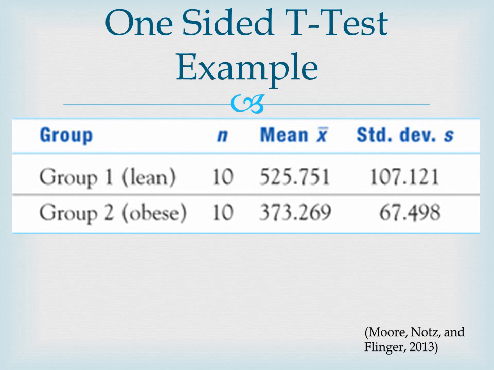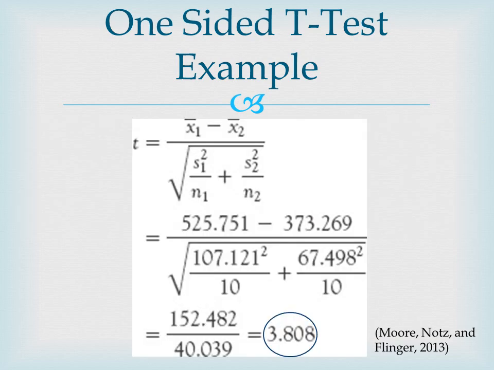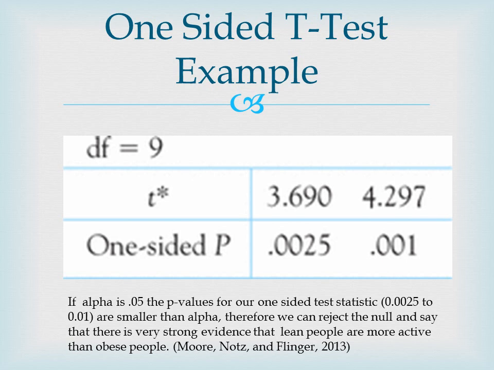The collected data is described in this chart, and we can use this data to construct our t-statistic, which comes out to 3.808. Our degrees of freedom is 9, and remember that's just n minus 1, and our t-test statistic is 3.808. Looking at our handy t-table, we locate 9 degrees of freedom and move to the right until we find an interval that captures our t-statistic, which in this case is 3.690 to 4.297. These numbers correlate with a p-value between 0.025